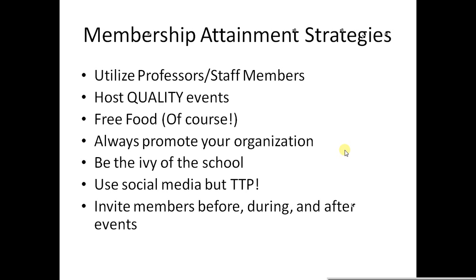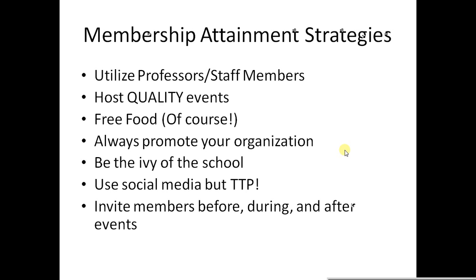Now, sometimes people will say, you know what, I don't want to be a part of that crowd. I want to do my own thing. So they create their own group where they're kind of like the outsiders. But whatever the case may be, I think when you create an organization whose culture is about people being the envy of the school in a good way, it indulges people and makes people want to be part of the organization. And we see a good example of this a lot of times with fraternities and sororities. Now, not every fraternity and sorority does this well, but a lot of them do. And that's why they're able to get the type of members and keep membership each and every year.